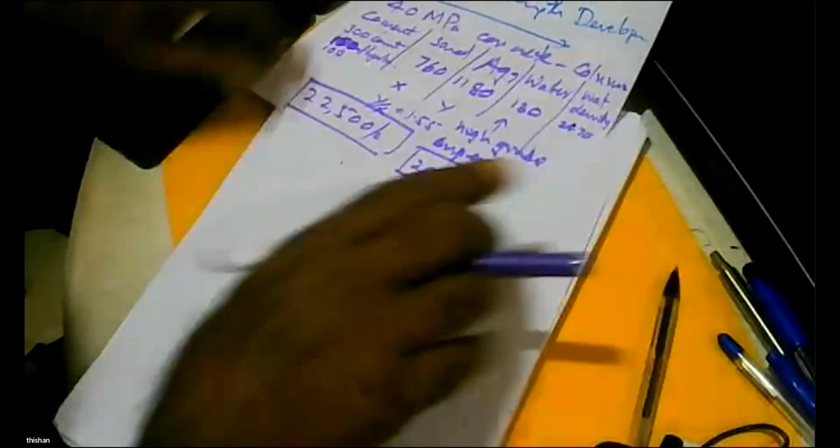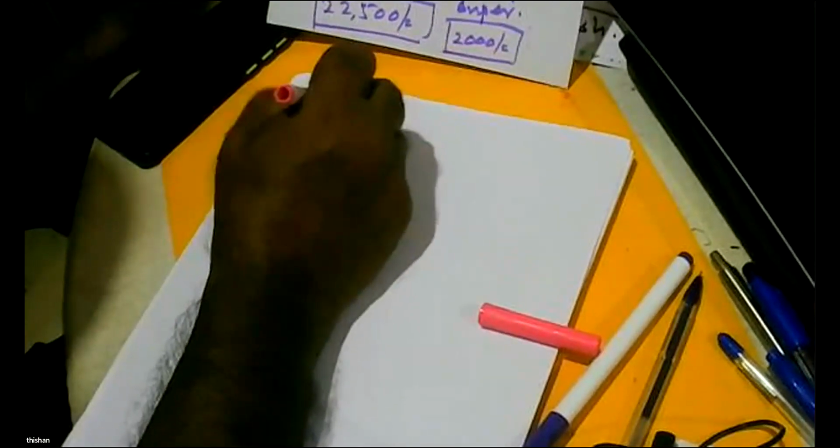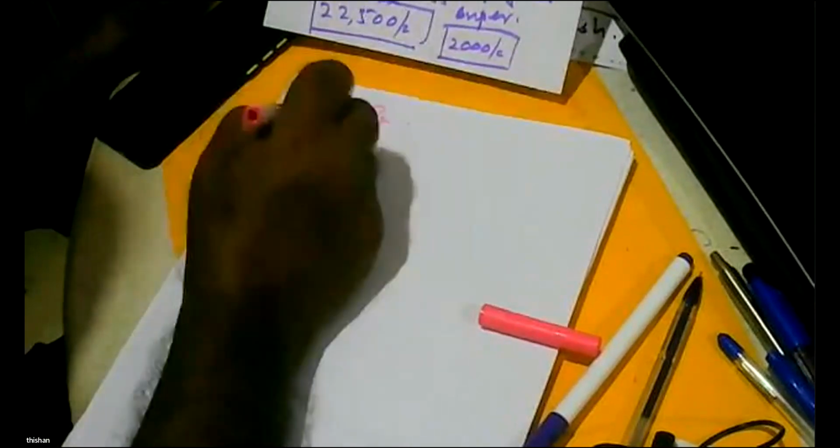Now let's say, what is the other alternative? If you don't know anything about DEF in a column, what would you do? You want 40 megapascal concrete, let's say cement,